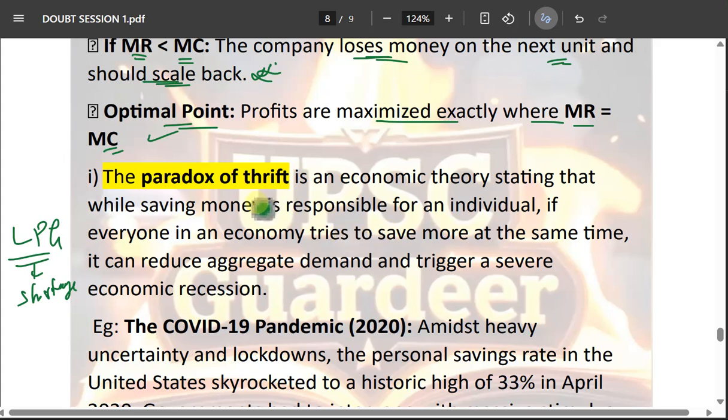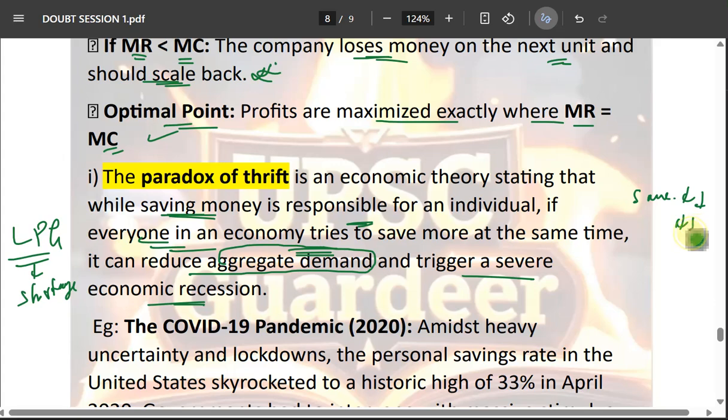So if we compare it to the economy, what is the paradox of thrift? It states that saving money is responsible behavior for an individual. You have to save the money. But if everyone in the economy keeps trying to save money at the same time, it can reduce aggregate demand and trigger severe economic recession. Tomorrow if everyone wants to save money and starts reducing spending,